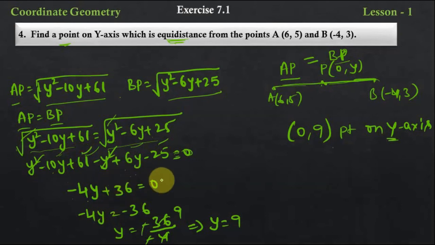If you take that 36 to that side, it will become minus 36. Then what is the value of y? Then y is equal to, this is in multiplication, when it comes here, it will get divided. 36 by 4. So 4 9s are 36, minus gets cancelled, so y equals 9, right?